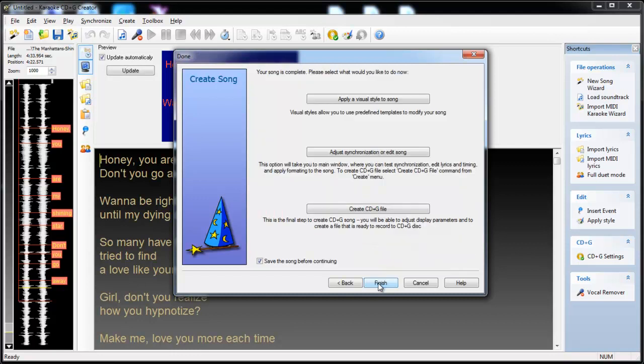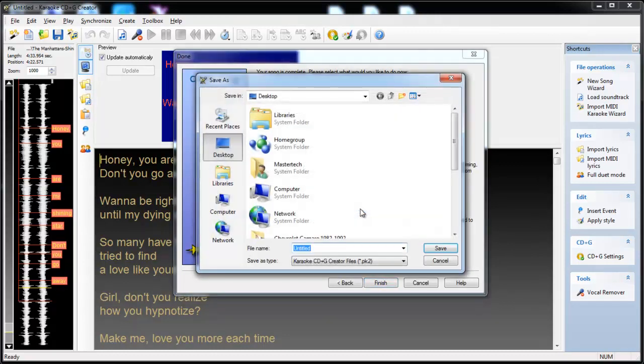Click Next. And do you want to adjust the synchronization? Do you want to create the CDG file? Do you want to apply visual style to the song? Okay, so I'm going to basically go into create the CDG file,